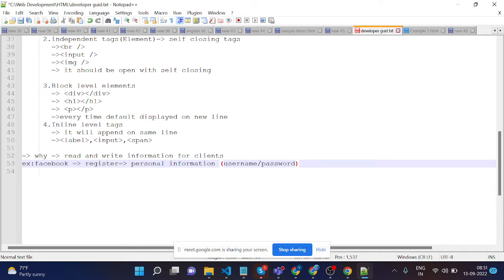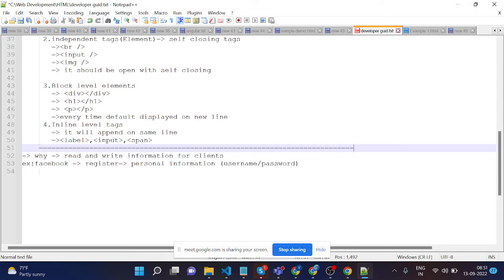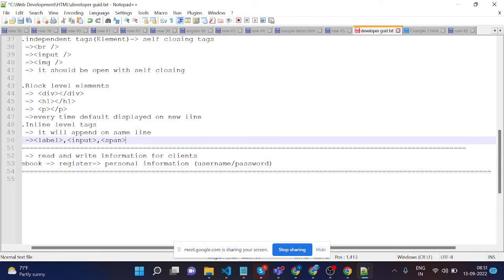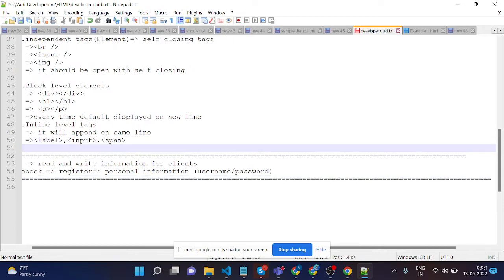Whatever information we enter after logging into our application, the profile section will show our profile photo, our username, our email, and the phone number. That we can consider as a password or something. All of this, whatever I have explained, we have practiced in